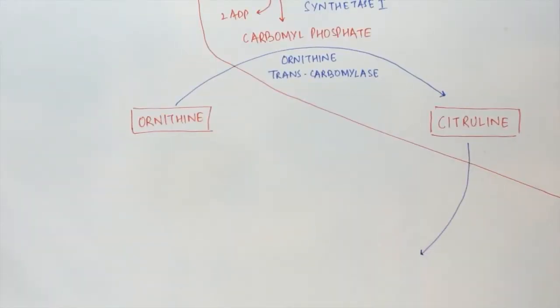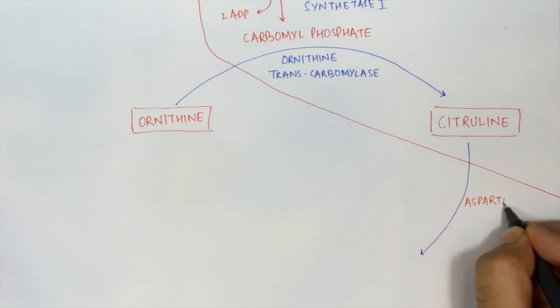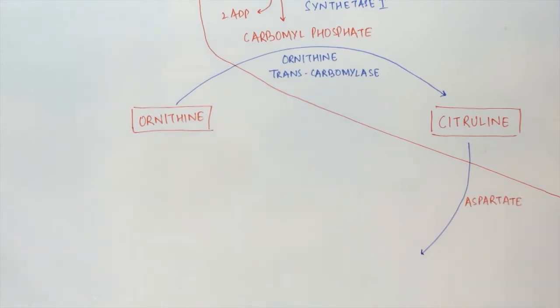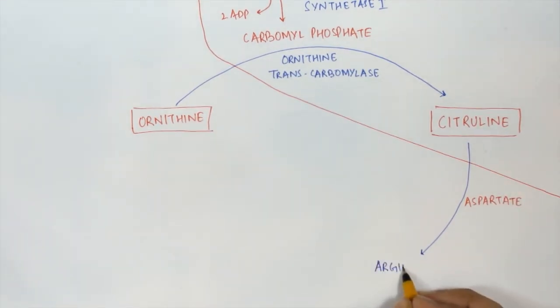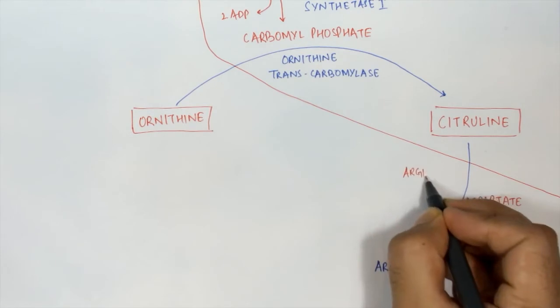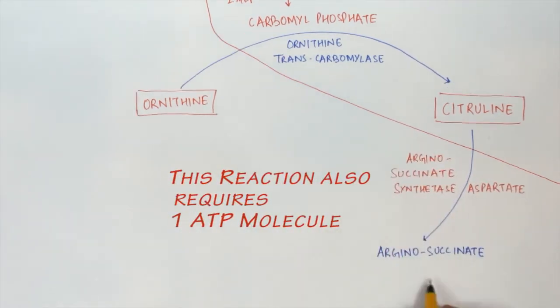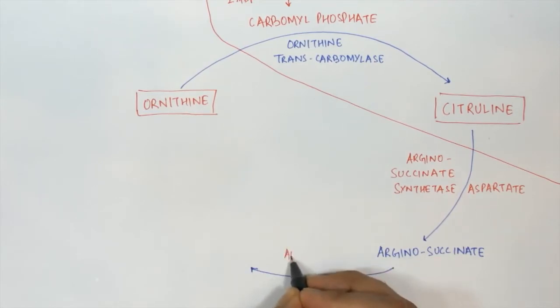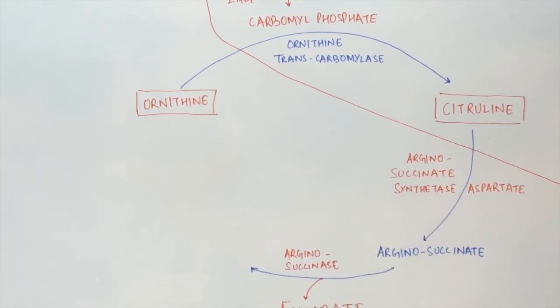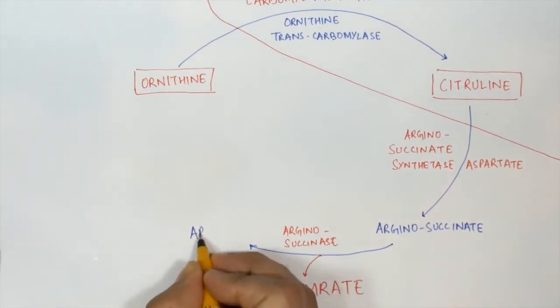Now in the next step, the citrulline is transported into the cytoplasm. It combines with the amino acid aspartate and leads to the formation of arginosuccinate. This reaction is catalyzed by the enzyme arginosuccinate synthetase. Now in the next step, the enzyme arginosuccinase acts upon the arginosuccinate and lyses it to produce 2 molecules, the